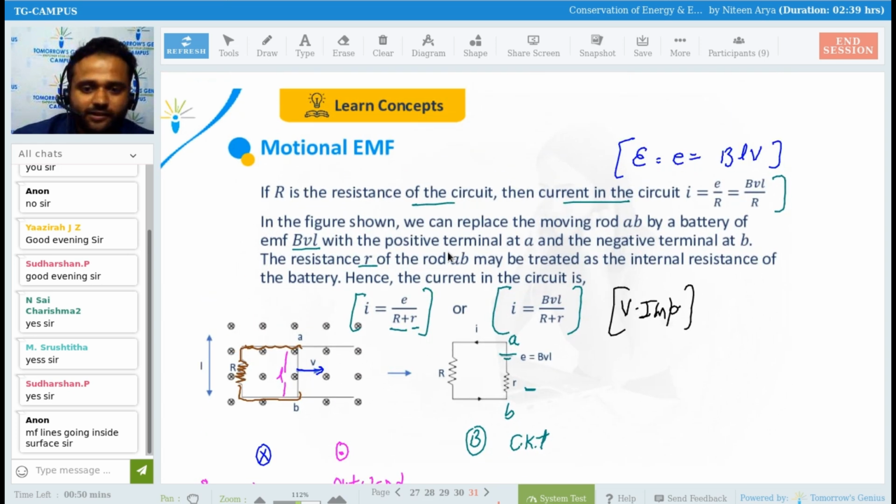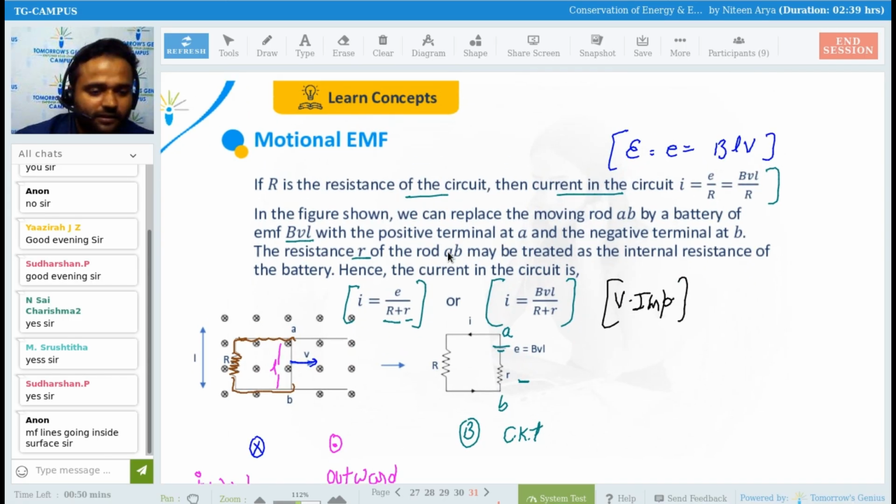Okay, see, we already understood the motional EMF, I mean this BLV and this EMF concept. So instead of a simple thing, I make a circuit. I make a wire, I apply a resistance in this, and I connect another wire on this and try to move it. So due to the motion of this particular wire, which is this wire. Okay, wait. Maybe you are confused which particular wire I'm talking about right now.